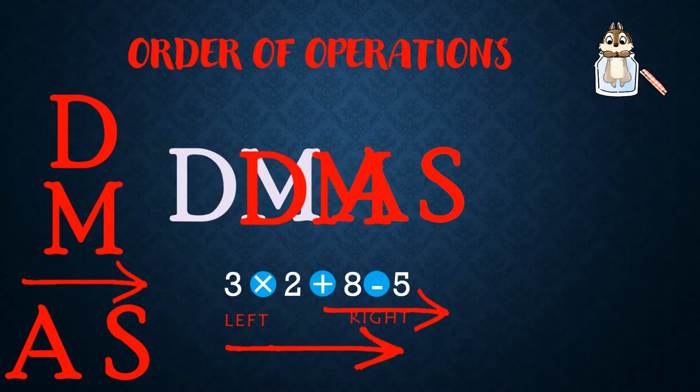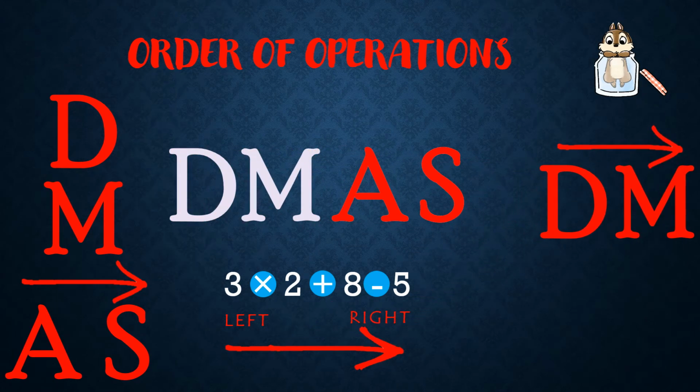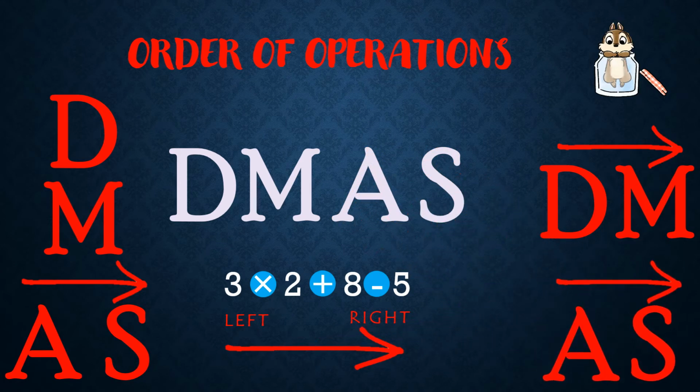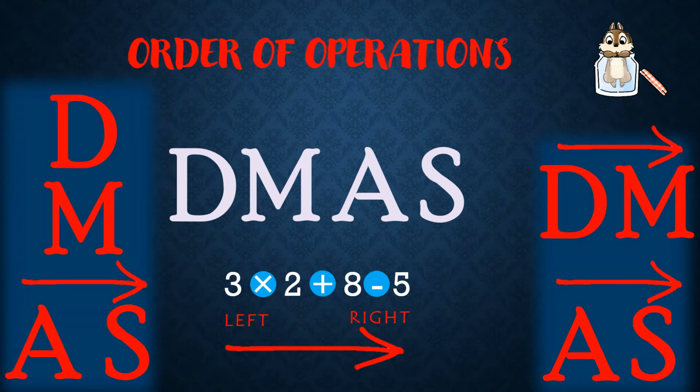Now, this is the order in which we can simplify numerical expressions. But if you solve division or multiplication, whichever comes first from left to right, and after that addition or subtraction, whichever comes first from left to right, both ways give the same answers. Why? Because multiplication is the inverse of division and division is the inverse of multiplication. So whichever way you apply, you will get the same answer. Now using these rules, let's try to solve some examples.